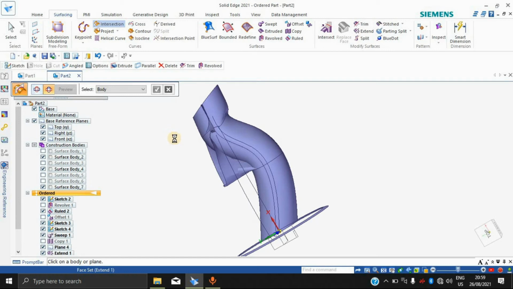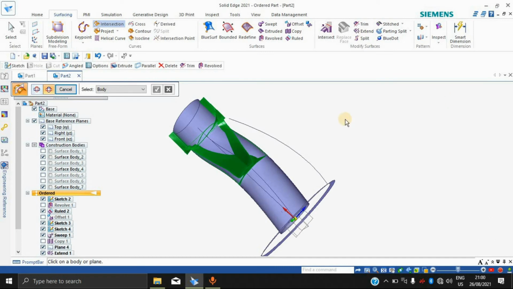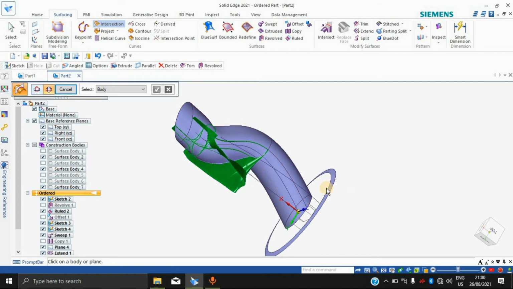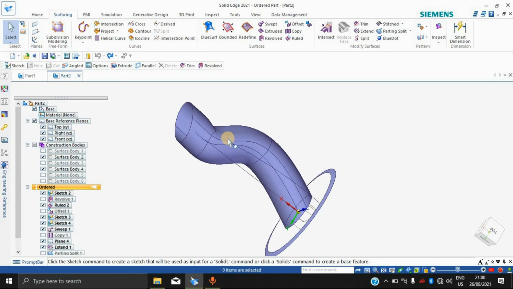It is taking time because the intersections are very much difficult to create in this case. It will take time. It also depends upon your processor speed. God, it is taking time. It basically creates lines at the edges where the surfaces are apart. Like if I Control Z all these things that I've made,